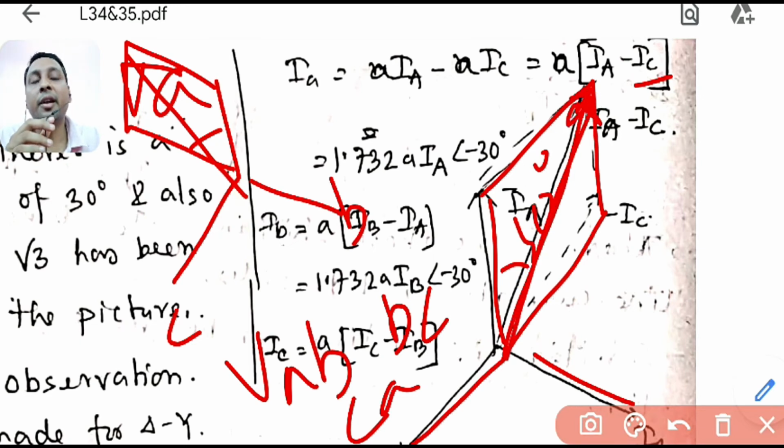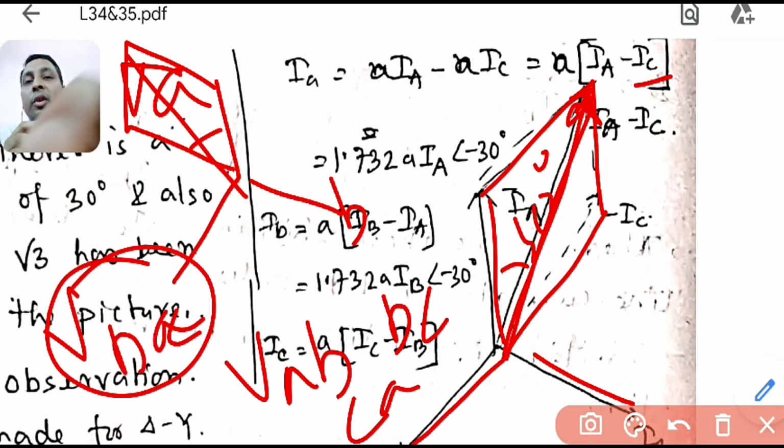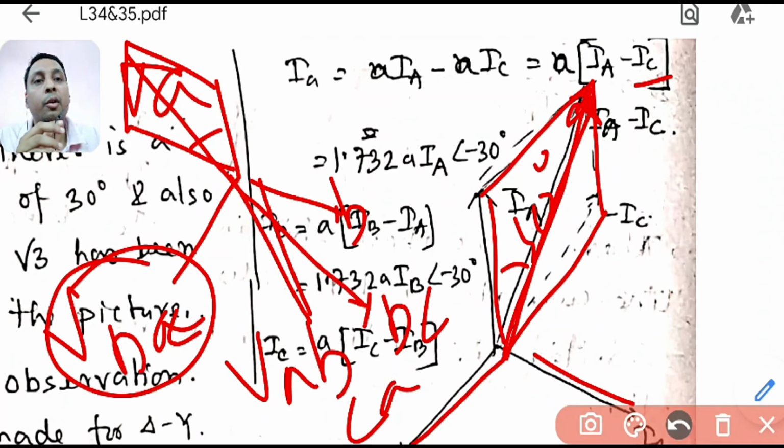And for current, you can see here what is the standard? The AC current is the standard current. That is the IA current I am taking. That is the line current I am taking. So there is a difference in how we see. In the voltage, if they take the BA voltage, BA is also a line voltage, but it is not the AB voltage. This is the BA voltage. So it will be lagging the phase voltage because BA will lie here. I hope I am not confusing you.